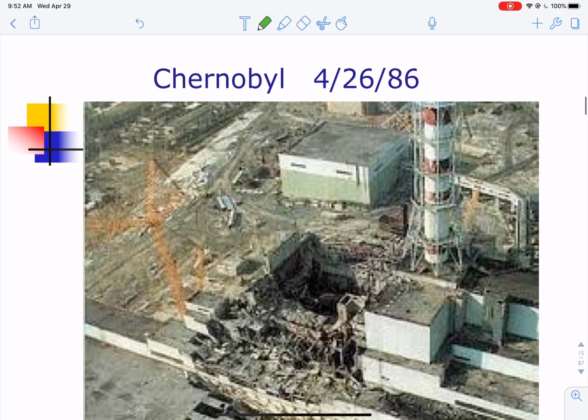Now, in 1986, notice that we just celebrated the anniversary a couple days ago from when I'm speaking right now. There are no containment buildings. Instead of control rods made out of cadmium and boron, they use graphite. And of course, graphite, being carbon, can be combustible. And they were doing some tests periodically in Chernobyl, north of Kiev, in Ukraine, trying to work out some inherent problems with their design,